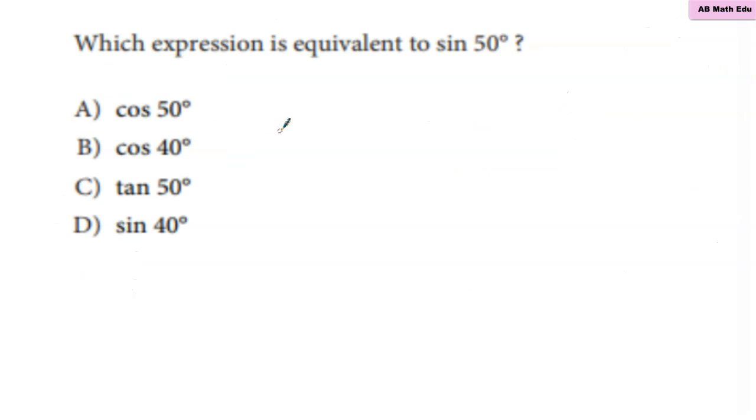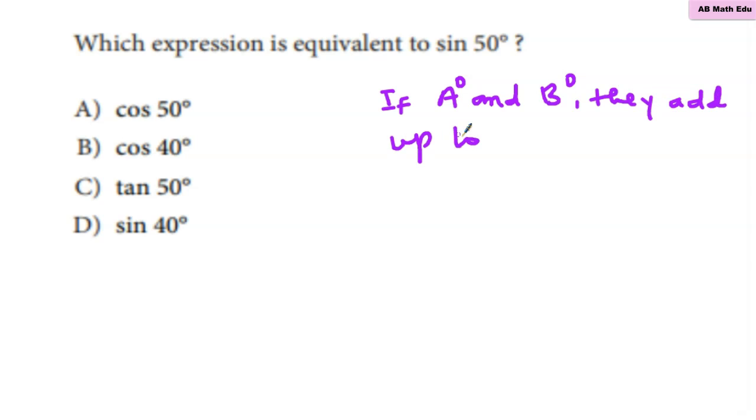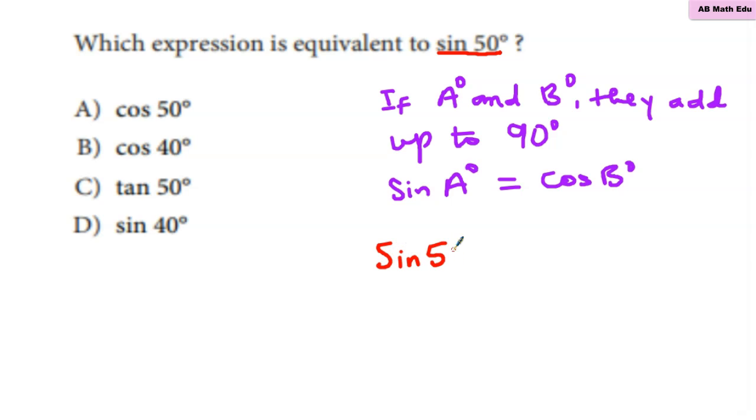Right, let's look at our next example: which expression is equivalent to sine 50? What we know is that if we have two angles A and B, and they add up to 90, which is a complementary angle, then we can say that sine A must equal cos B, because here they have to add up to 90. So the question given here, we can say that sine 50 must equal cos